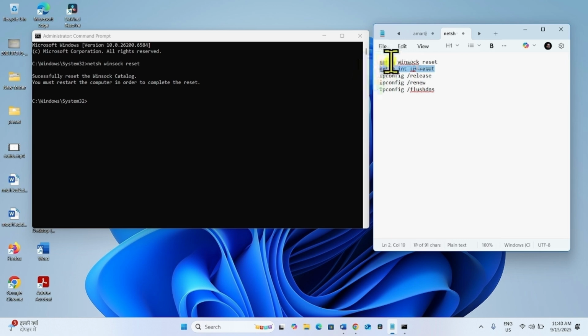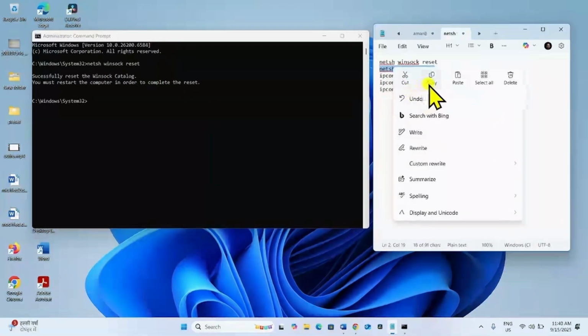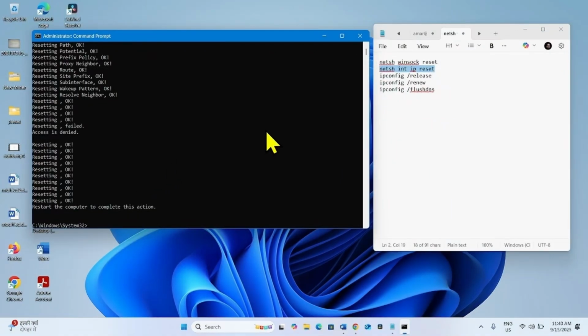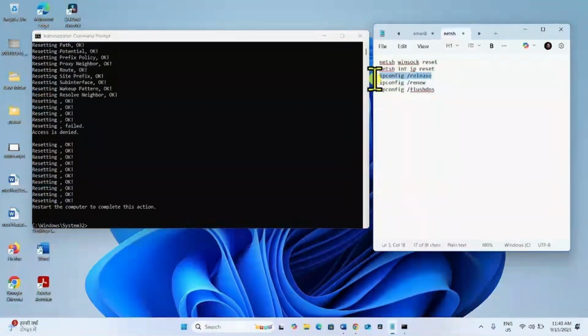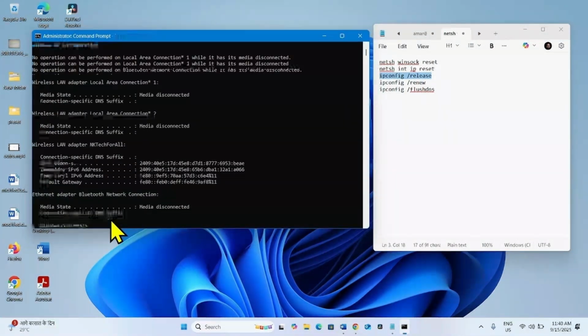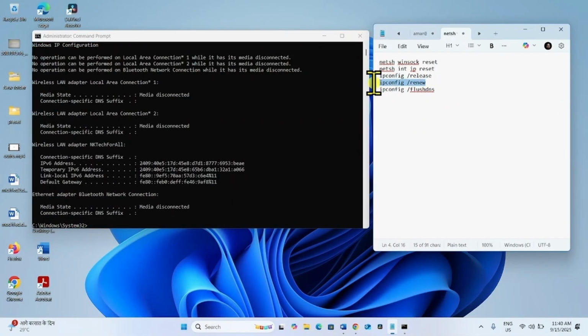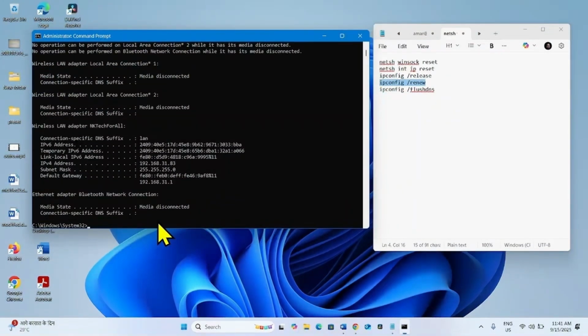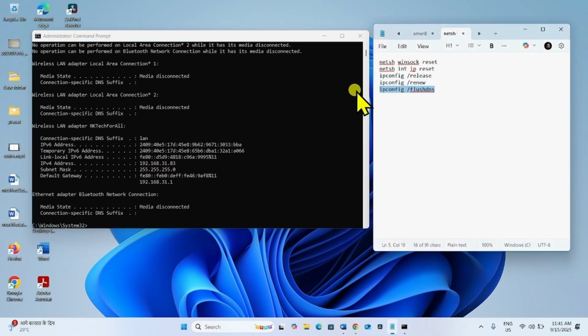Copy the second line, paste into the command prompt, press enter. Copy the third line of command, paste into the command prompt, hit enter. Copy the next line, paste into the command prompt, hit enter. Copy the last line,